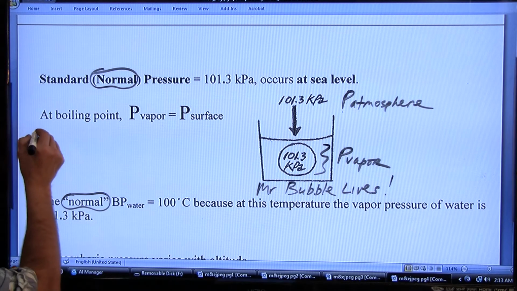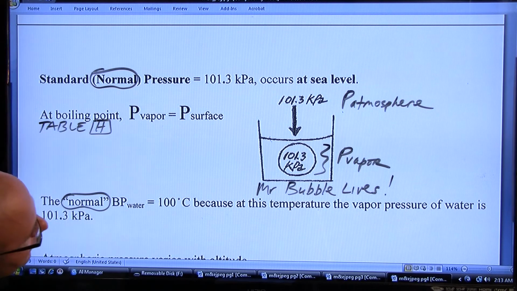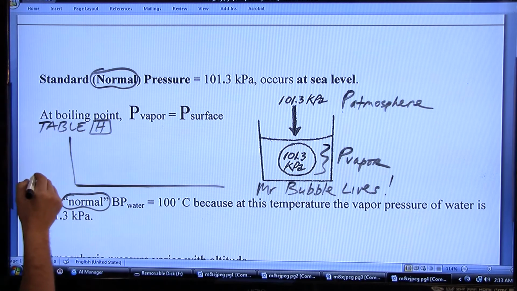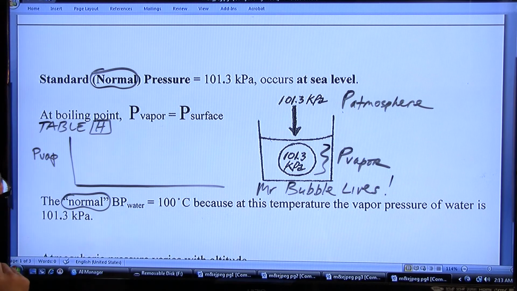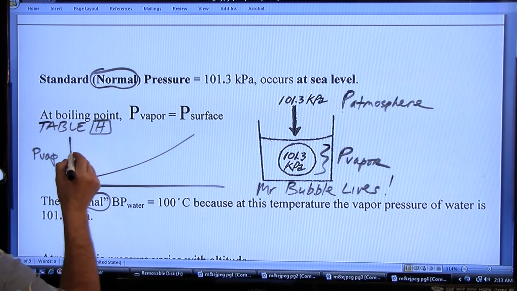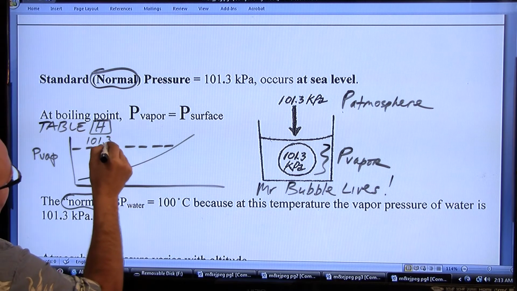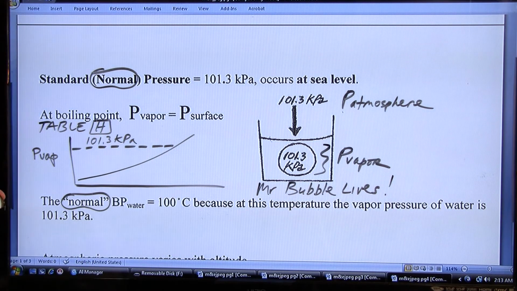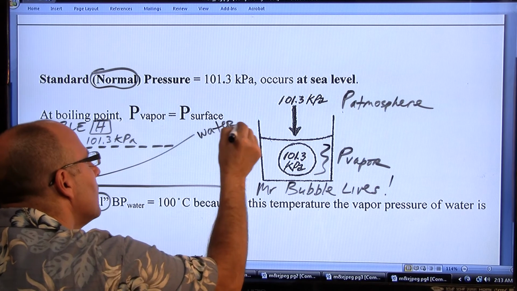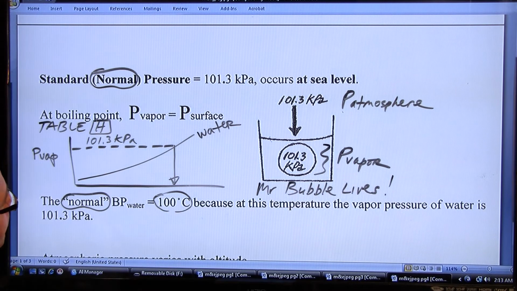Why don't you turn to Table H? So you see what I'm talking about. Table H has the vapor pressure curves of 4 liquids, but we're just going to focus on water for now. See how that table works. So here you have P vapor, P vap, and here you have temperature. Let's just isolate water. If you follow that dashed line, which is the 101.3 pressure line, 101.3 kPas, kilopascals, the unit in which pressure is measured, when it intersects the water curve, drop a line down, and you'll see that comes out to be 100 degrees Celsius,